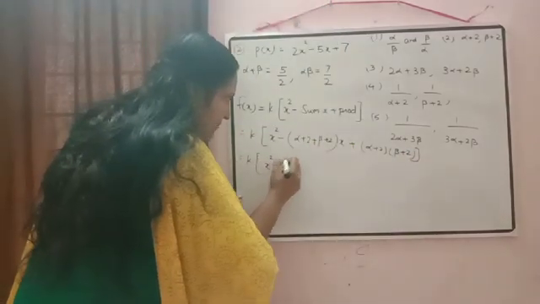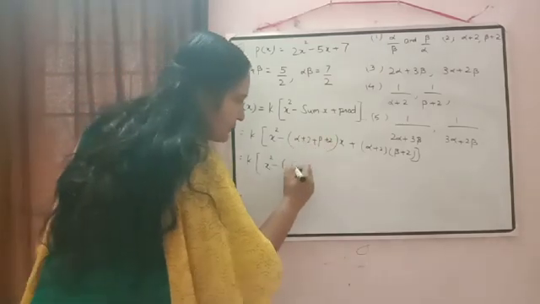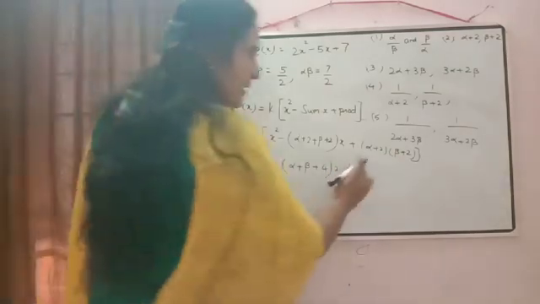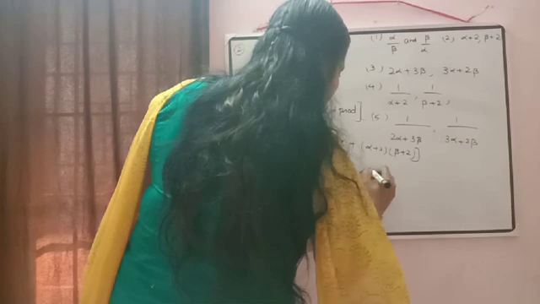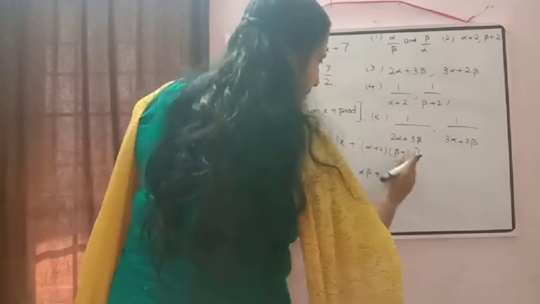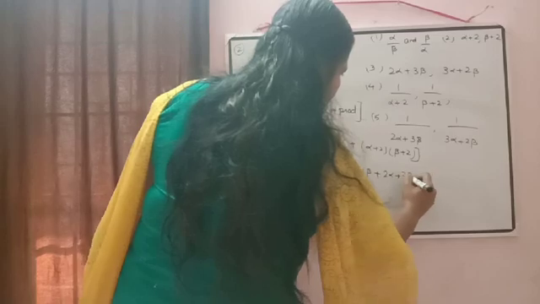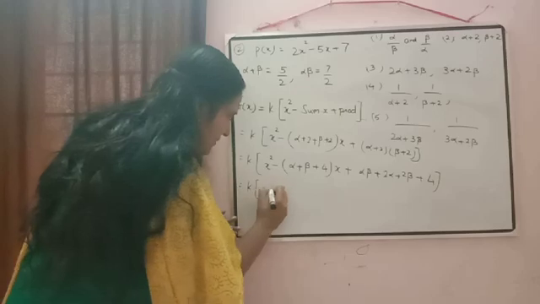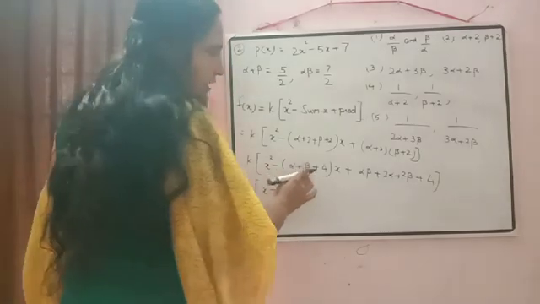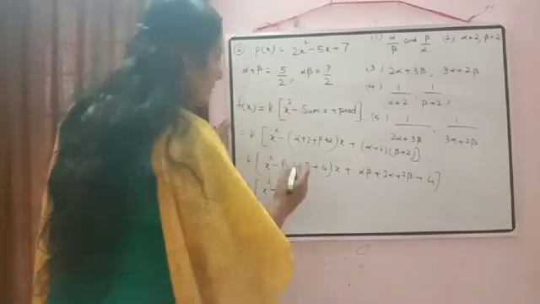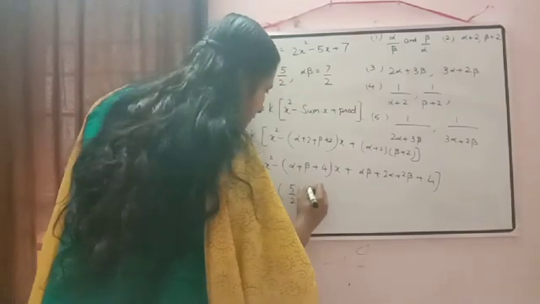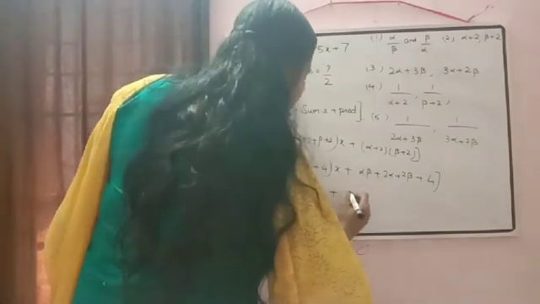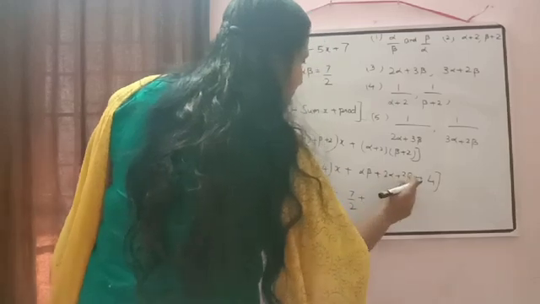k into x square minus, here we will get 2 plus 2, 4. So we are getting alpha plus beta plus 4 into x plus. Now just to multiply it, alpha into beta will be equal to alpha beta plus 2 alpha plus 2 beta plus 2 2s are 4. So we will get here k into x square minus. Now the value of alpha plus beta we know, so substitute that value. Alpha plus beta is 5 by 2 plus 4 into x plus here, alpha beta is 7 by 2 plus 2 alpha plus 2 beta.